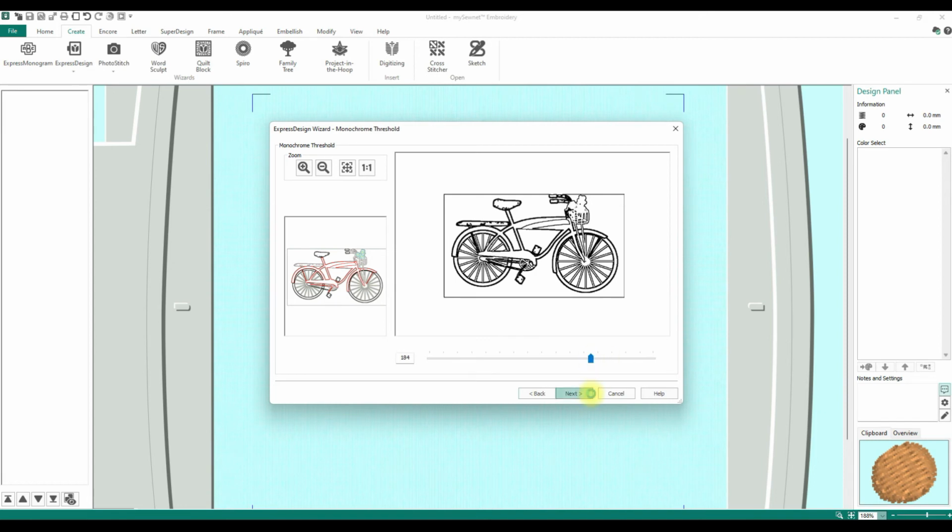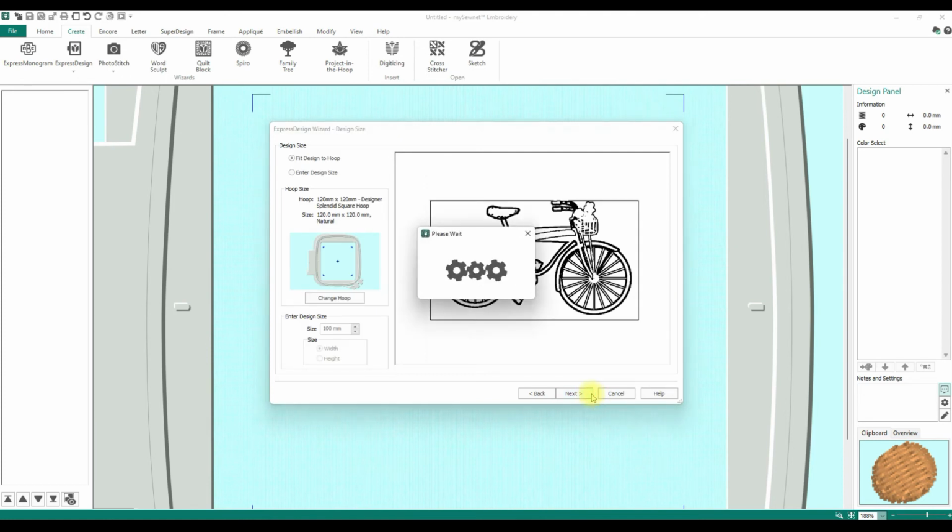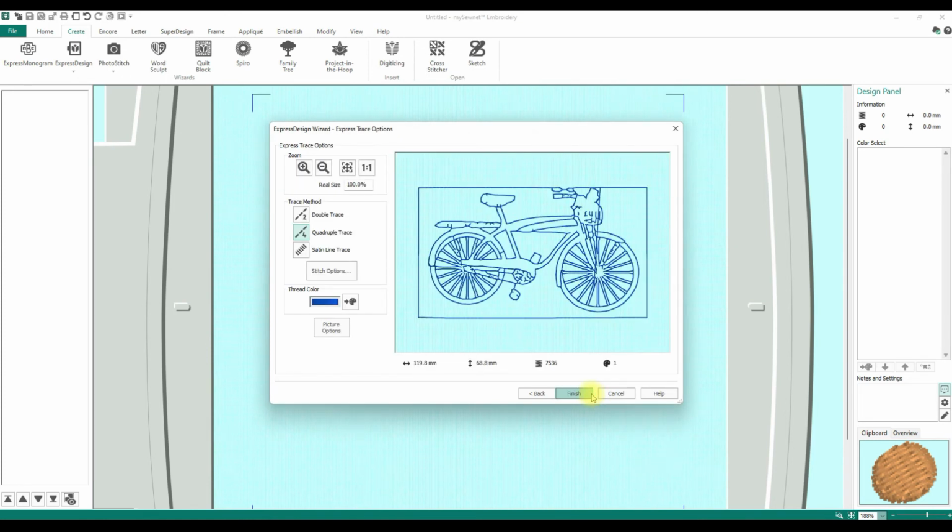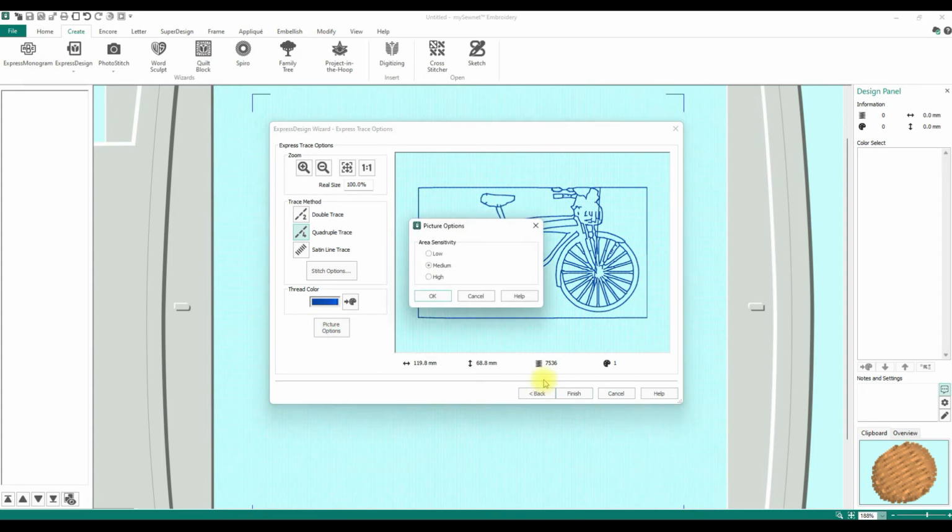Let's go with that. Hit next. Okay, guys, that didn't turn out horrible. You could actually edit that up and modify it to fix it up a little bit. The handlebar at the top is a little wonky and the flowers didn't come out. But for the most part, it did do the shape of the bike nicely. It didn't do any of that weird pixelating thing. So I would say this one was more of a success than